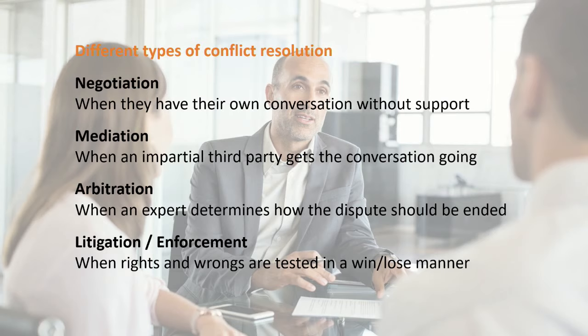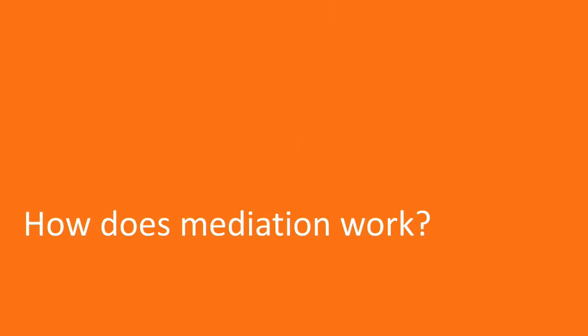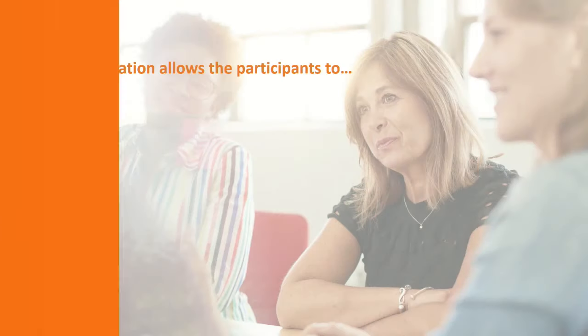So four things there: negotiation, people talking stuff out for themselves; mediation, which is when we help two or more people to have that conversation; arbitration or soft arbitration, when the solution to a dispute is determined by an expert; and then the litigation enforcement stage, which is where we're getting the rule book down off the shelf and saying, well, did you or didn't you break the rules? And they're the different sorts of conflict resolution. So let's zoom in a little bit on the mediation one. I've talked about what it is and what it isn't. So let's have a look a little bit under the bonnet and have a think about how mediation works.